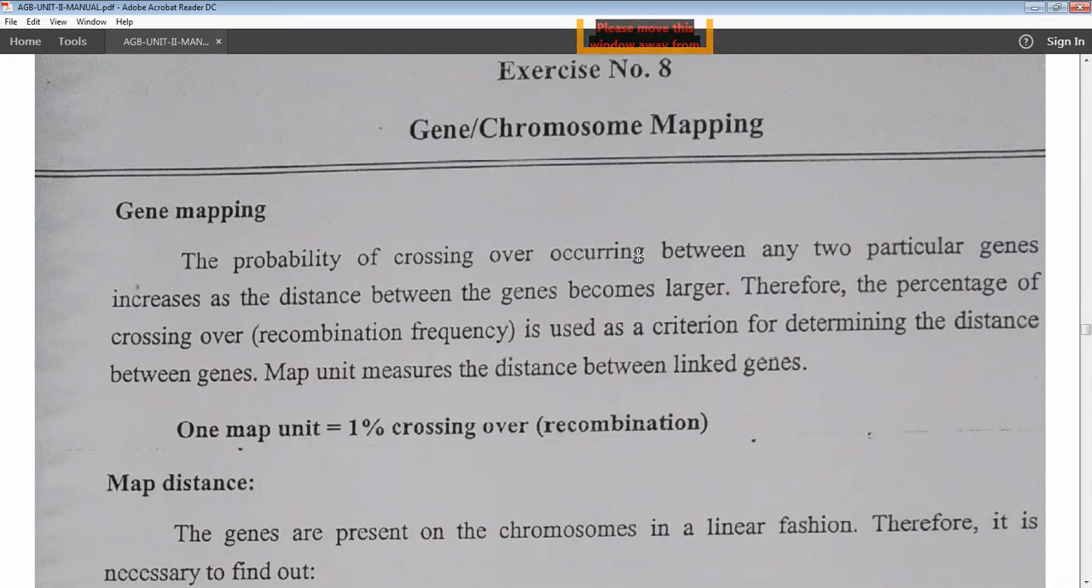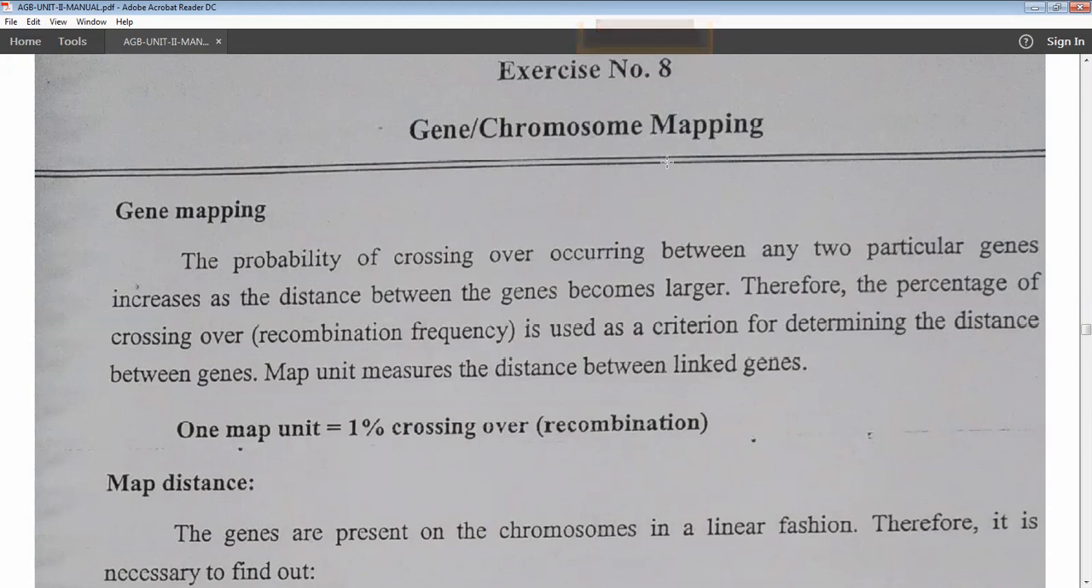Gene mapping or chromosomal mapping in this particular topic, the important point is the 2-point test cross or 3-point test cross. Okay, this is very important on the basis of the numericals. Most of the competitive exams ask numericals from calculating the chromosomal mapping and gene